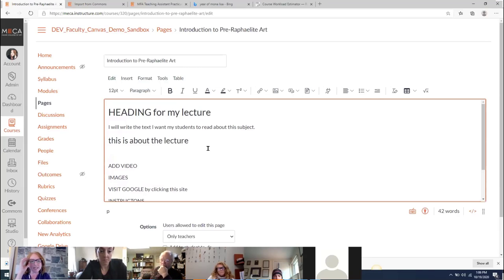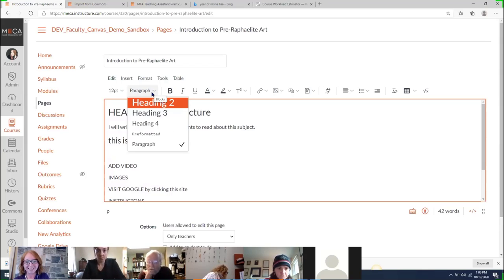And what this does is it sends a browser clue and an assistive device clue. So if I'm somebody who's using a device to help me interpret what's on the screen, it sends a clue about what this content is and how my eye should absorb it. So the first thing I wanted to draw your attention to is make sure you format your text using these